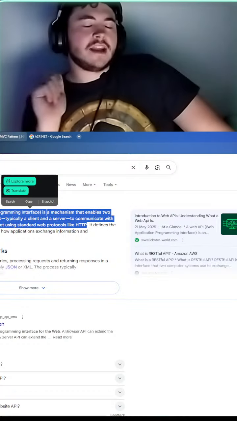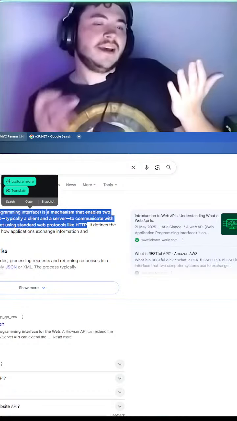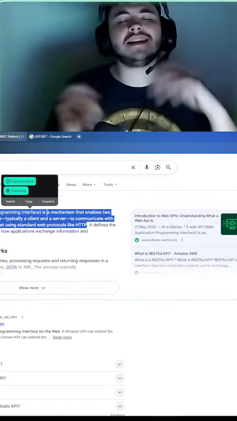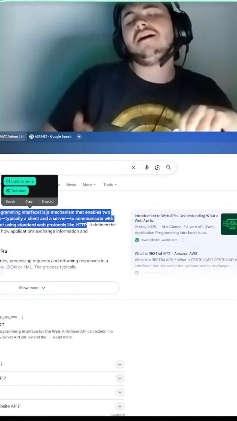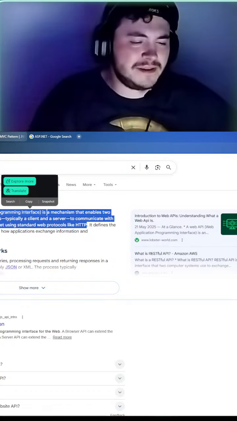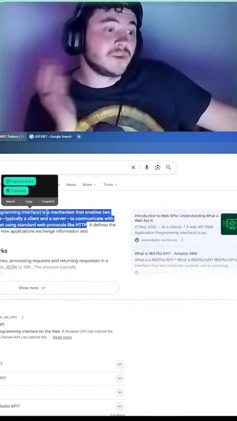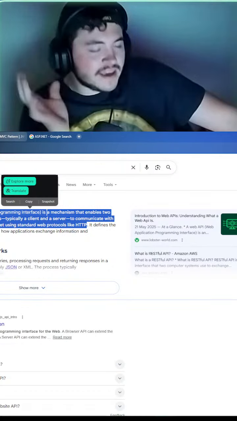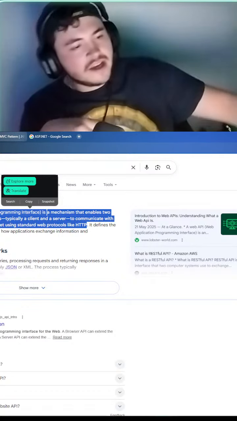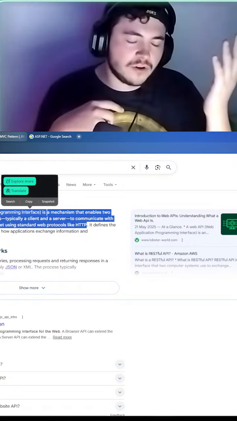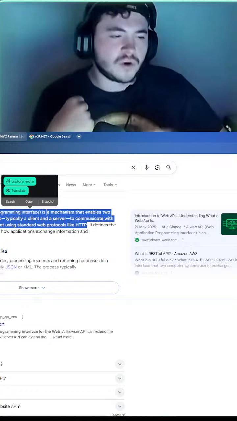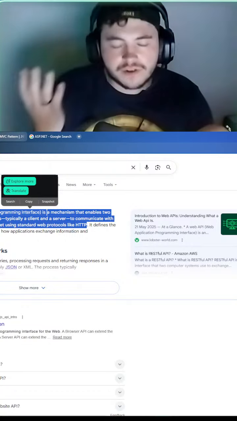Now, remember when I said you have a front end and you have a back end, right? The front end makes requests to the back end. Your front end is like, hey, back end, I have a payload for you. Accept my payload, but I need this in return. This is what I have. This is what I want you to give me. Can you give it to me, right? To facilitate that communication, where the front end says, hey, I need something from the back end, your client referring to your front end and your server referring to your back end.